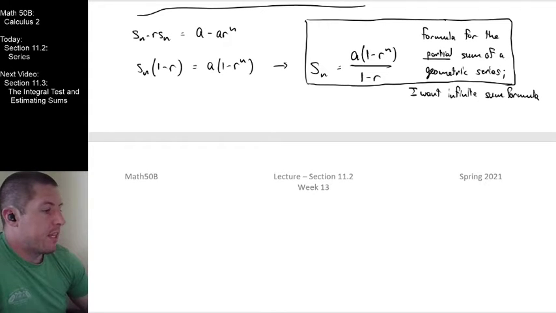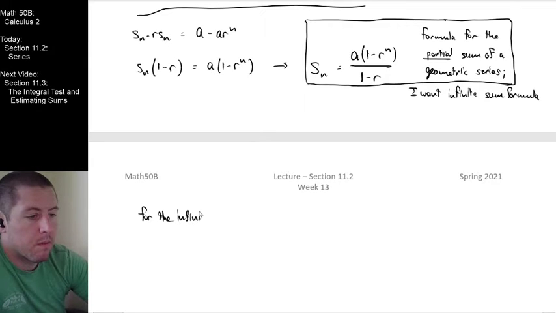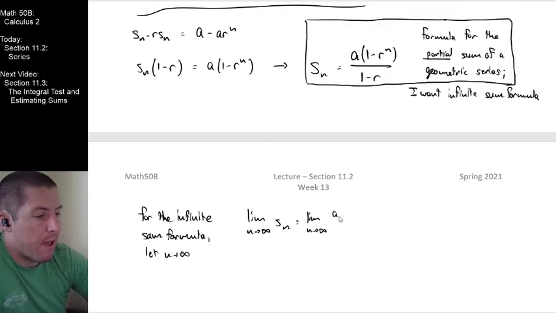But what I want to know is what's going to happen as we let n go to infinity. So let's take our limit as n goes to infinity of this S sub n. That should be the limit as n goes to infinity of a times 1 minus r to the n